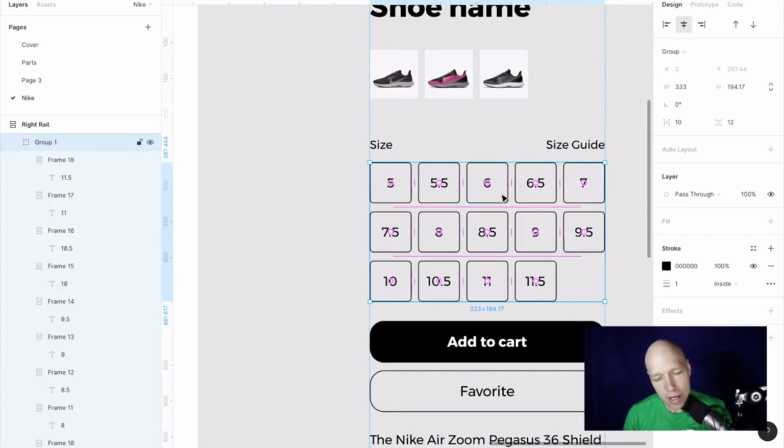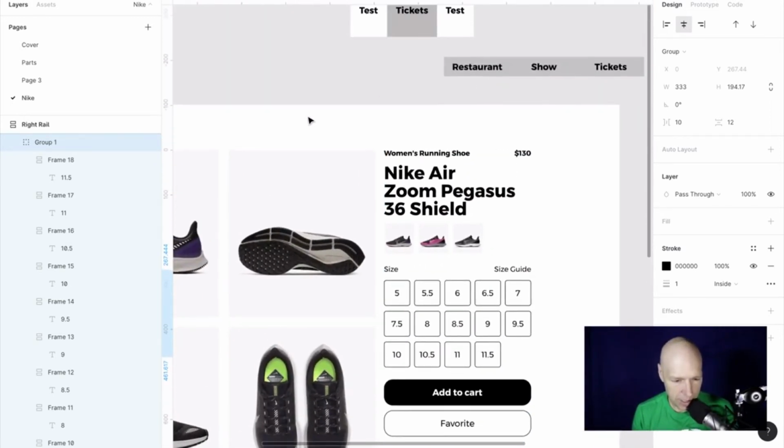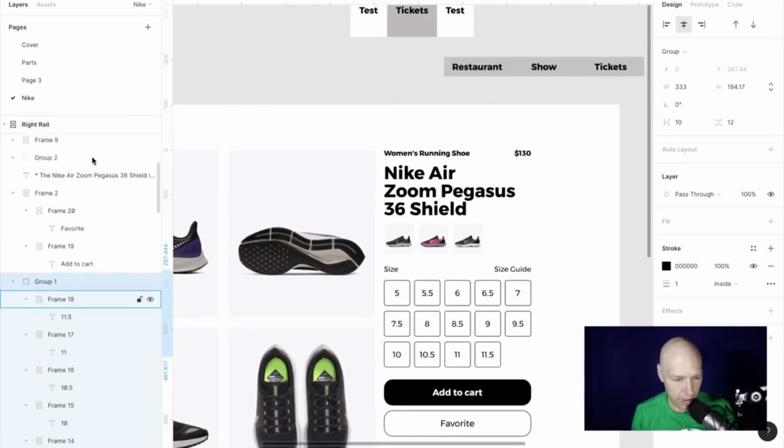Or I could switch them to horizontal, which is the original orientation. I have not made this. I've basically grouped this element because I have a very specific shape. I want it to go edge to edge. What I have noticed when I have multiple boxes side by side is that they tend to want to bounce outside of the boundaries. And by boundary, what I mean is I have this in a frame,